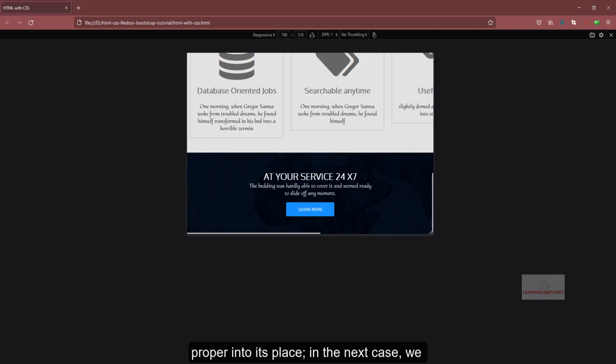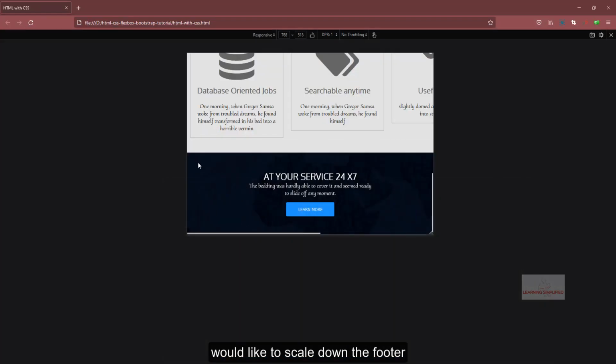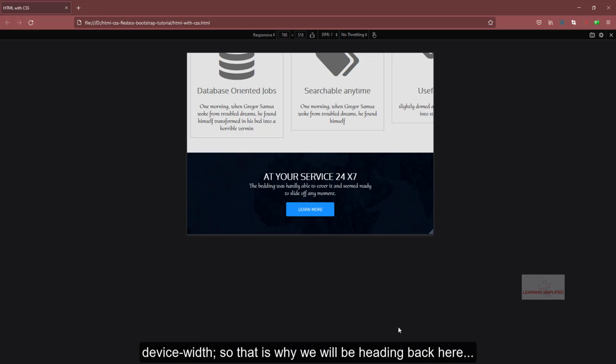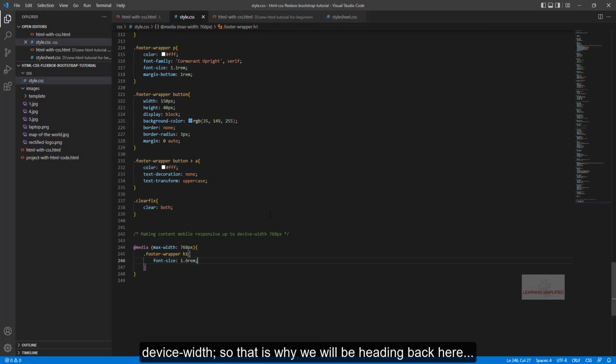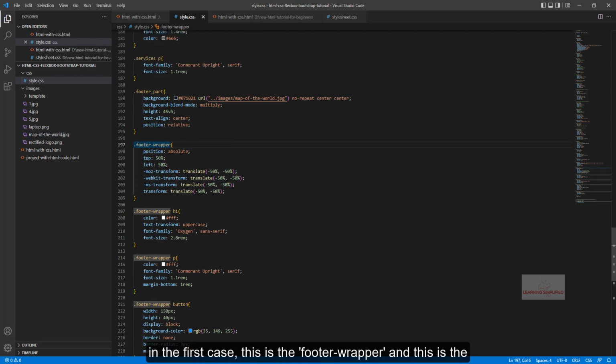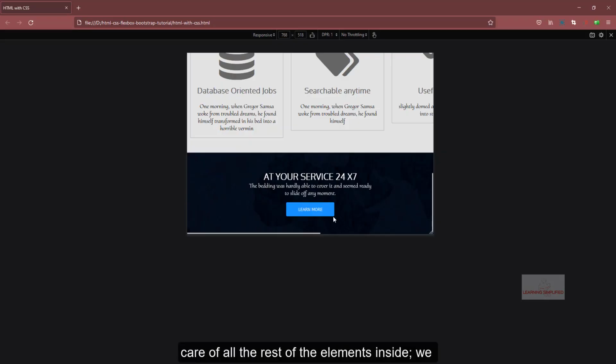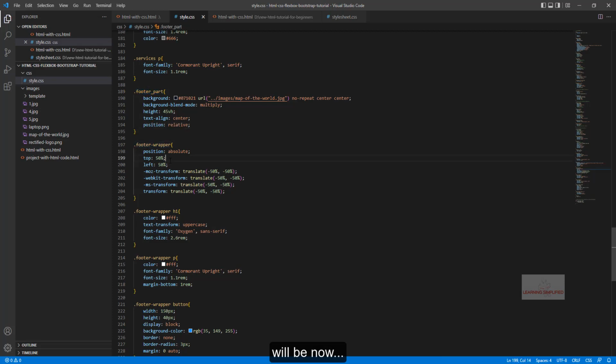and we can see that it seems to be proper in its place. In the next case, we would like to scale down the footer wrapper element to fit the 100% device width. So that is why we will be heading back here. This is the footer wrapper and this is the footer part, which is practically taking care of all the rest of the elements inside. We will now